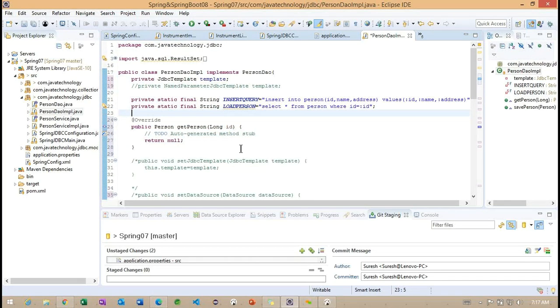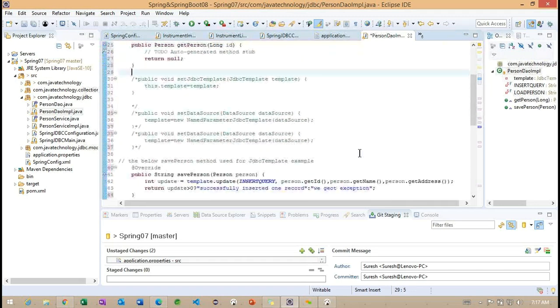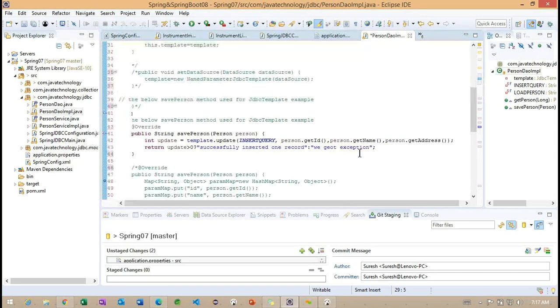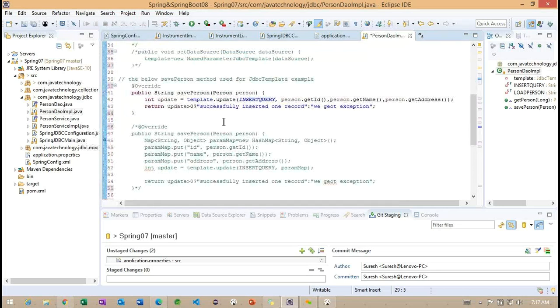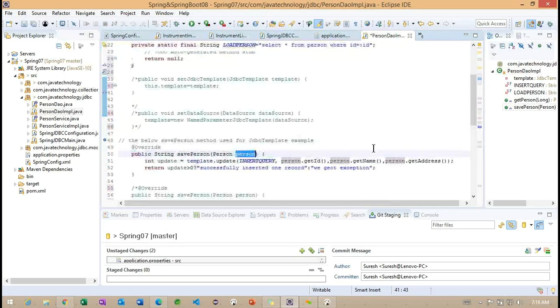Observe carefully what we're doing here. Inside PersonDaoImpl, we enable this JdbcTemplate, and we call this save method, providing the person.